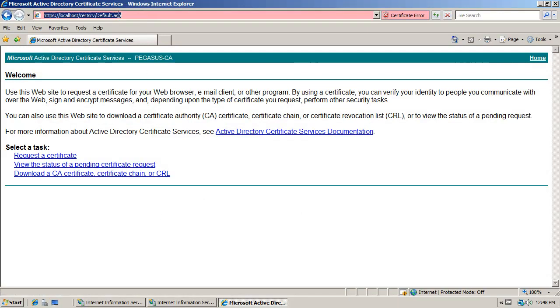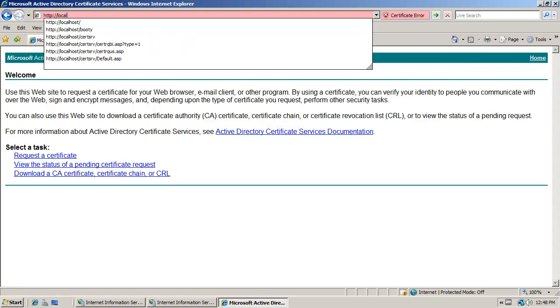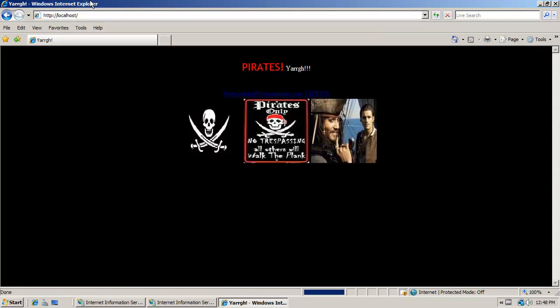And also, notice that I can still get normal traffic. Like, let me pull out the S there. And if I did HTTP localhost, now I'm still pulling in traffic over port 80. Okay, so